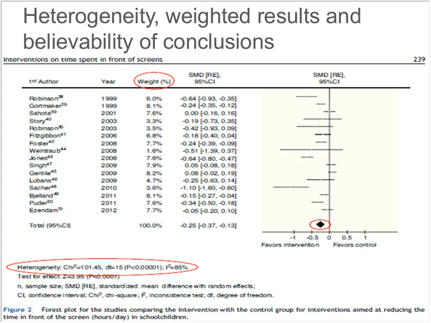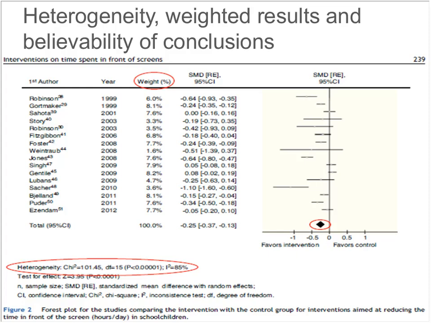So again here, this is the result of our review on school-based interventions to reduce screen time in children. And a few things are identified here for us. We see that it looks like about 12 or 13 studies were included in this review, and they range in publication date from 1999 to 2012.